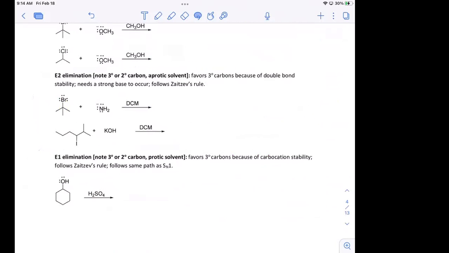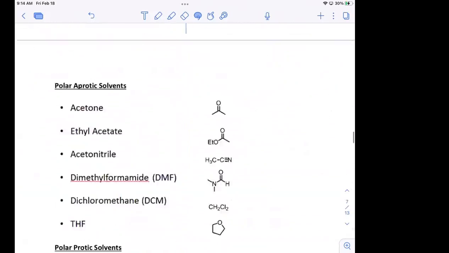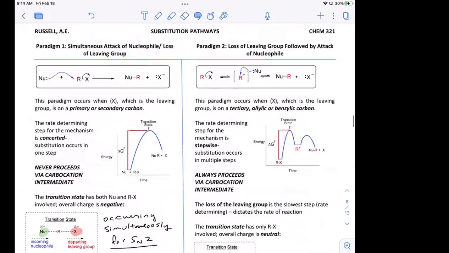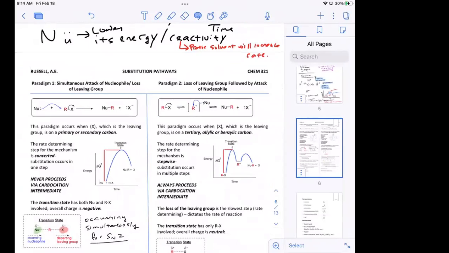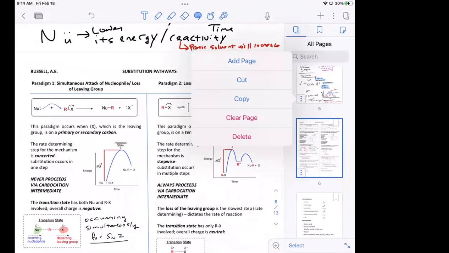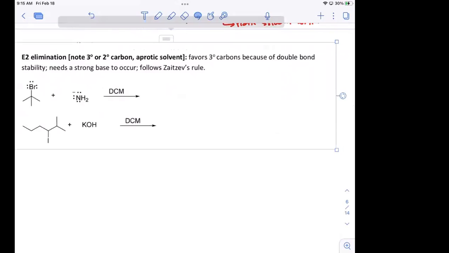Just to see where your head is, what's the 2 mean in E2? Bimolecular. So it's going to have similar characteristics to the SN2, and some of the same things that facilitate the SN2 also facilitate the E2. So let me paste this here. Right. So the E2 elimination,